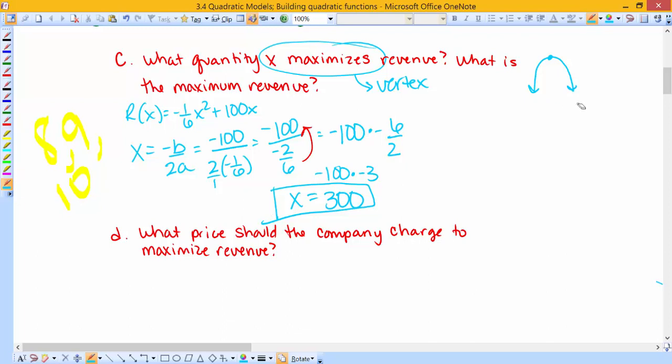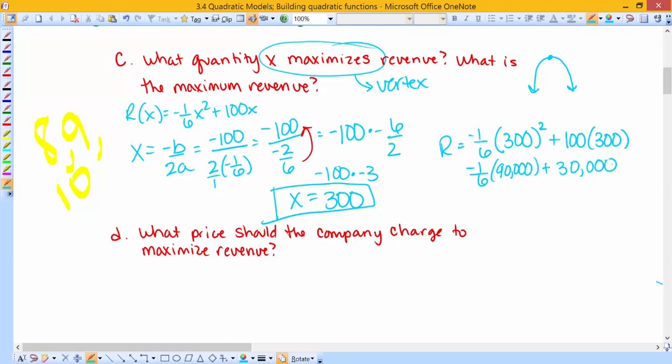Then it continues to ask, what is the maximum revenue? Well, that is now going to be finding the y coordinate of the vertex, which happens when you take your x and you plug it in. So revenue is going to equal negative 1/6 times 300 squared plus 100 times 300. So this is negative 1/6 times 90,000 plus 30,000. So this is negative 90,000 over 6